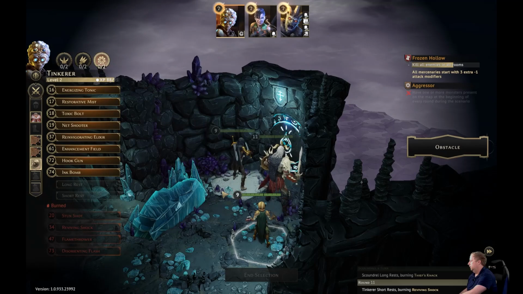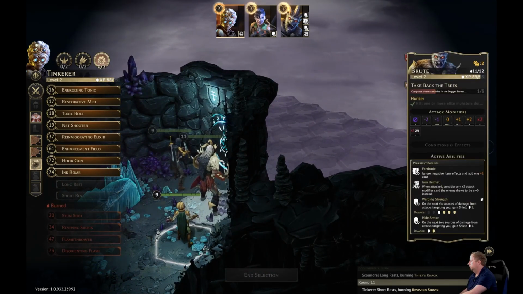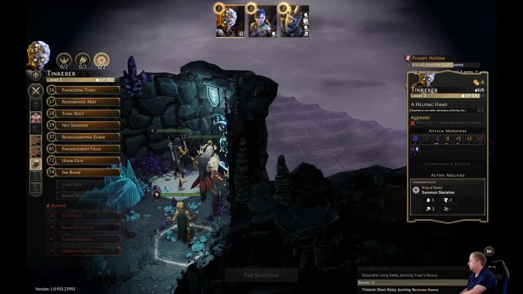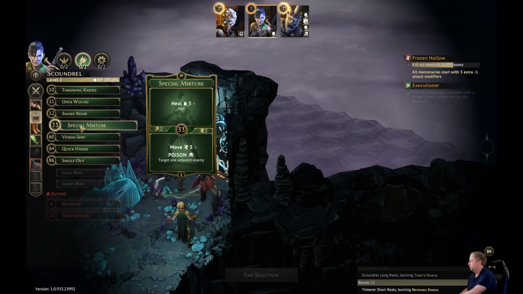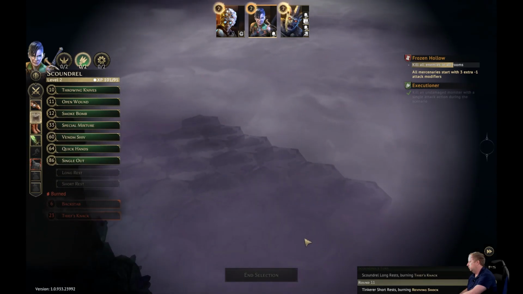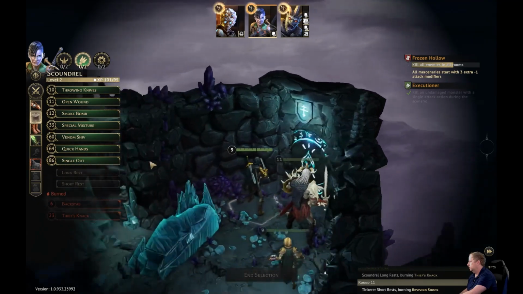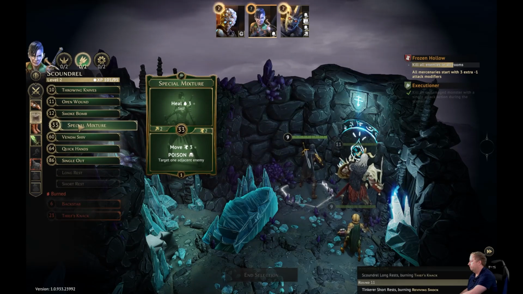Now, there's something to be said for having one of these guys go before the Tinkerer. I mean, I guess she could go in and smoke bomb to go invisible also, right? How big is this room? 1, 2, 3. Is that cheating? She has boots though, so